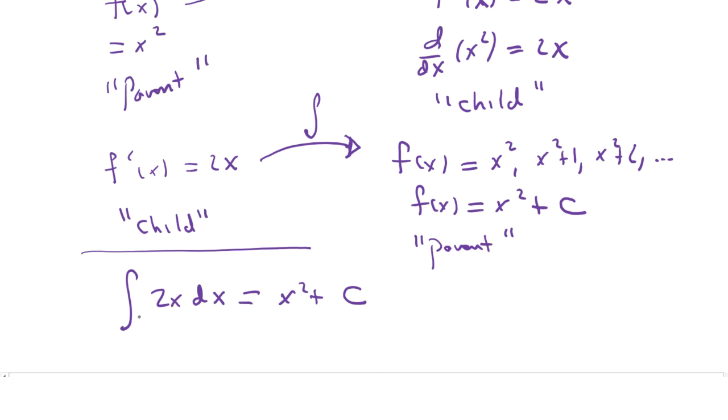The notation, the integral of 2x with respect to x, is called an indefinite integral, and it represents the family of all parent functions of the function 2x. Since the functions of the form x squared plus c form this family, we will use the indefinite integral to represent this family. Remember to include the dx at the end of the indefinite integral. This is needed just as it is needed when we write d dx for the differential operator to mean the derivative with respect to the variable x. The dx in the indefinite integral means that we are integrating with respect to the variable x.